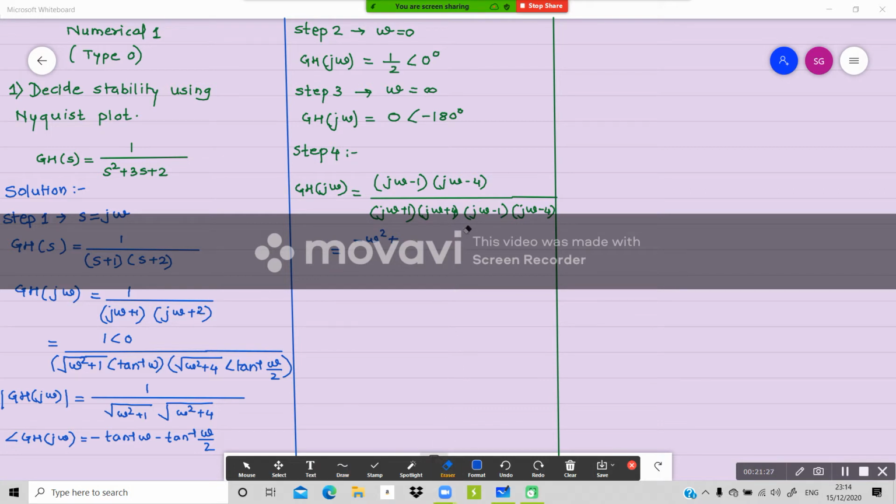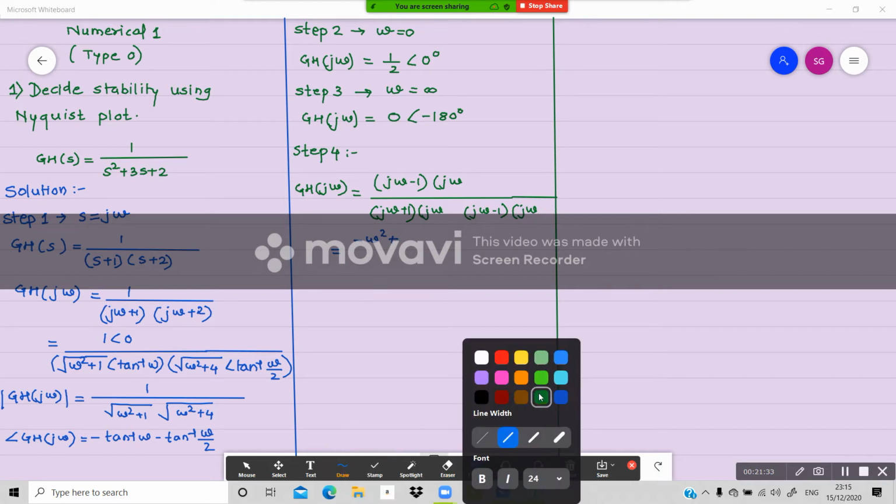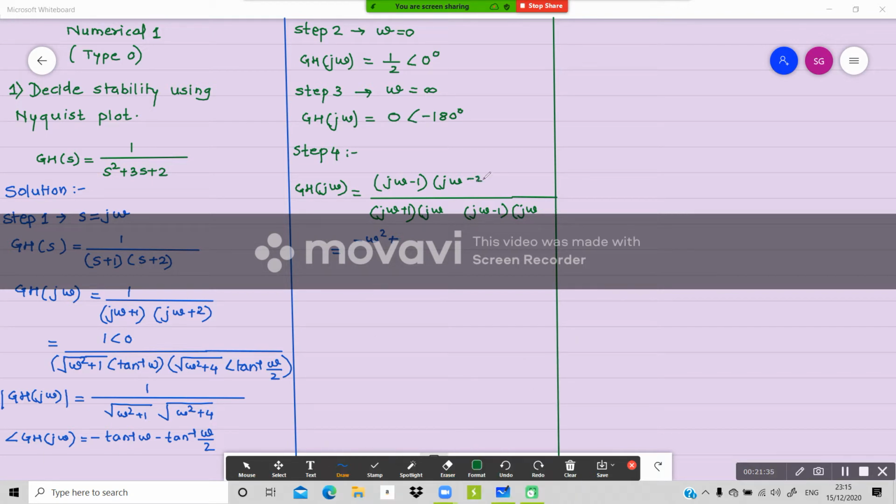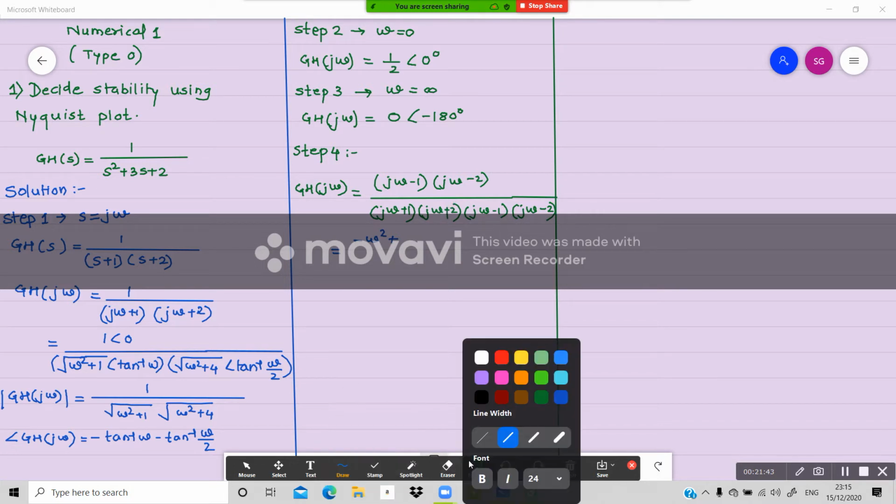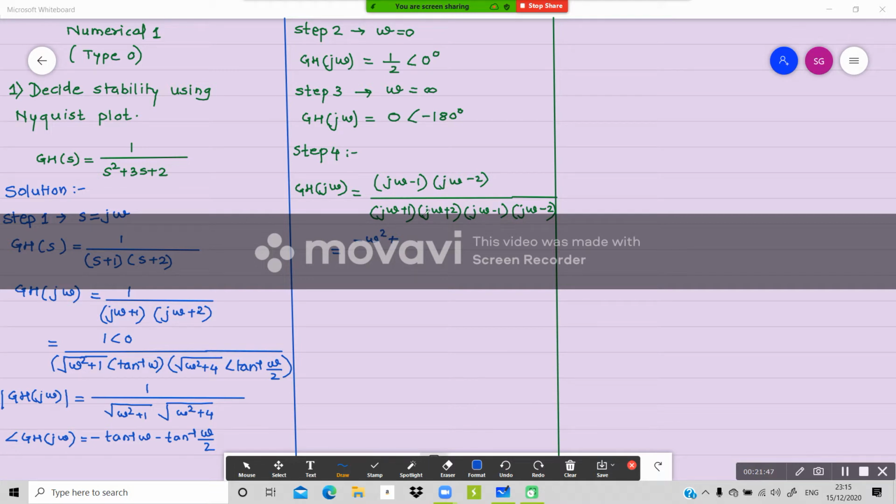I don't know how come I have written 4, so I'll remove this. And it is minus 2, minus 2, and this is plus 2 actually, the original one. So what I was saying, ω² plus 2, and minus 1 minus 2, so minus 3jω upon